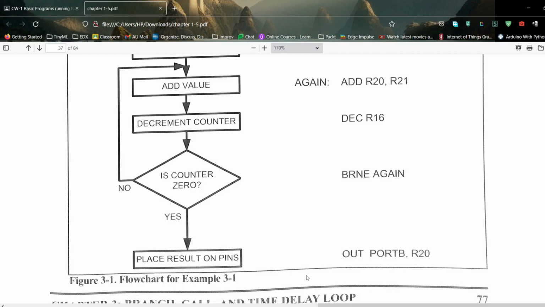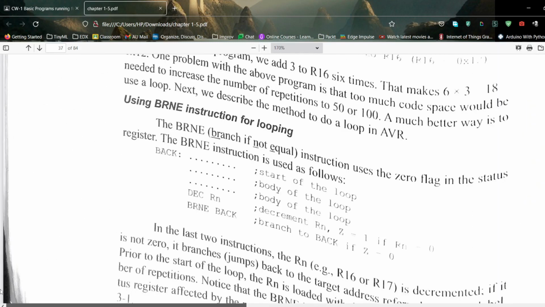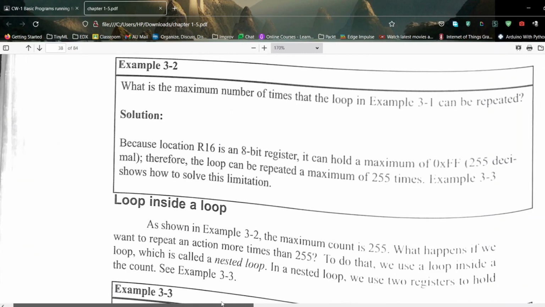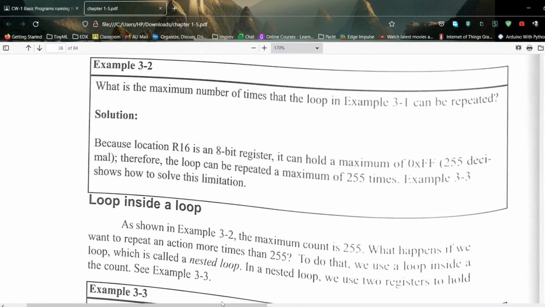Now let's move forward to our example 2. Example 2 is right here. It asks, what is the maximum number of times that the loop in example 3.1 can be repeated? So we know that